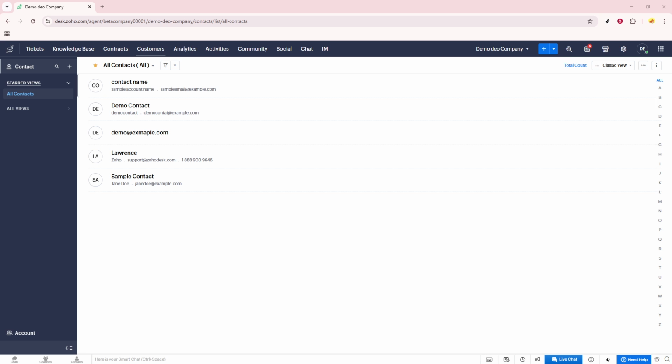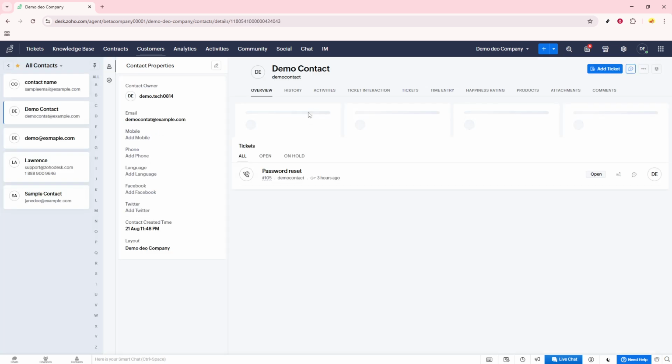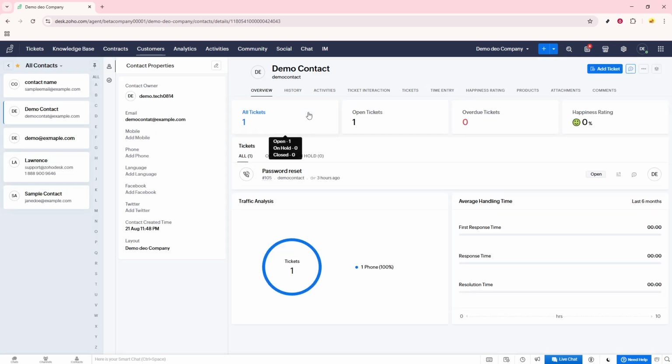We begin our journey by navigating to the Customers tab within Zoho Desk. This tab is essentially your centralized hub where all customer-related activities reside. By selecting this tab, you have access to a wealth of information about your clients, including their contact details, previous interactions, and much more. From this hub, you can begin the process of addressing your customers' needs in an organized